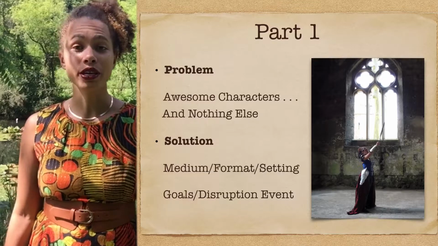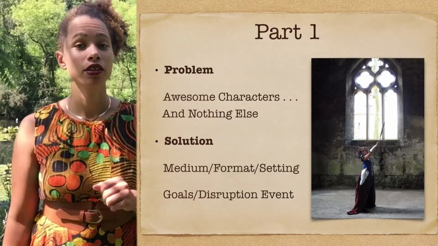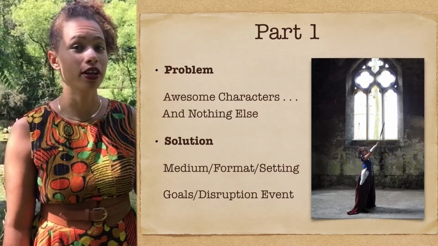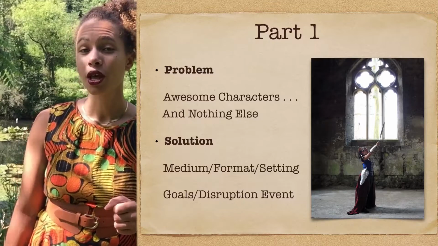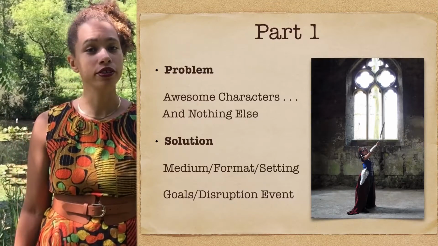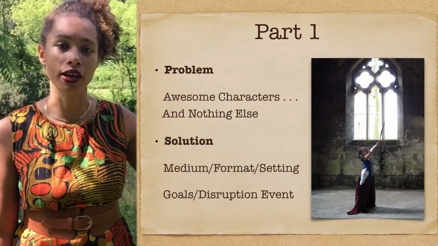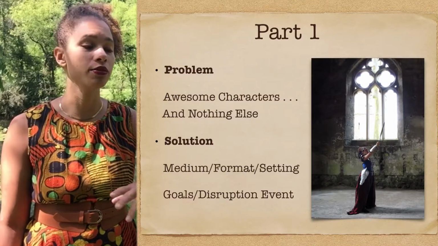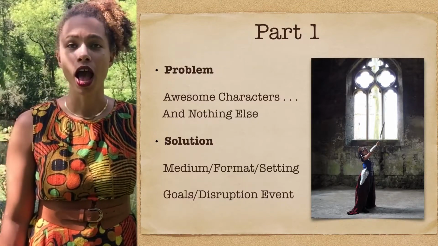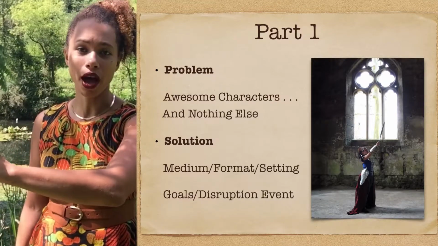Once you know what your medium is, then it's time to formulate a plot. Now, again, your plot doesn't have to be very much at all. Again, with Scooby-Doo, we see it's the same thing over and over and over again. But if you've never done this before, here's a little handy guide on how to do that. You start your character in their ordinary life, and then you create a disruption event of some kind. This can be anything that takes the hero out of their normal life and out of their normal goals and puts them on a path to something else.